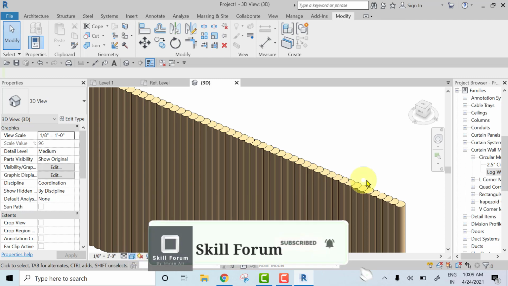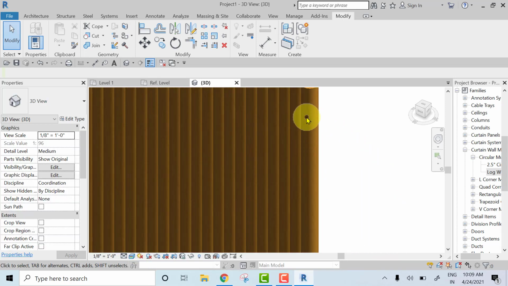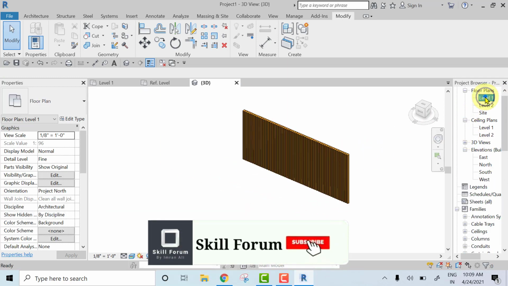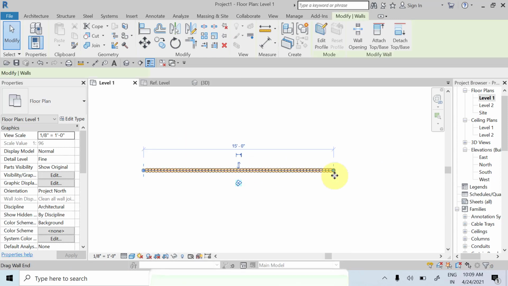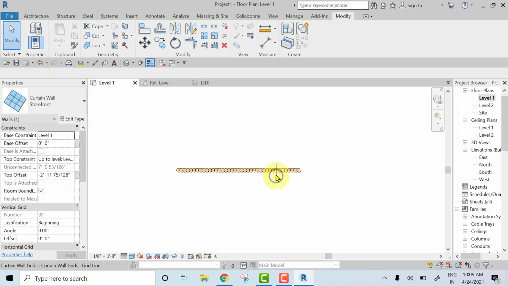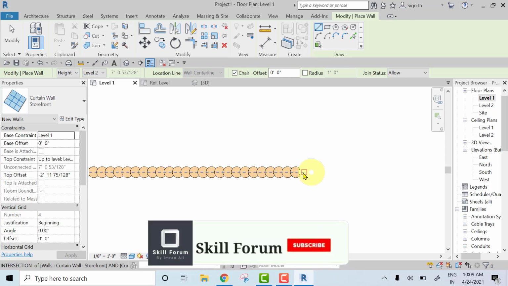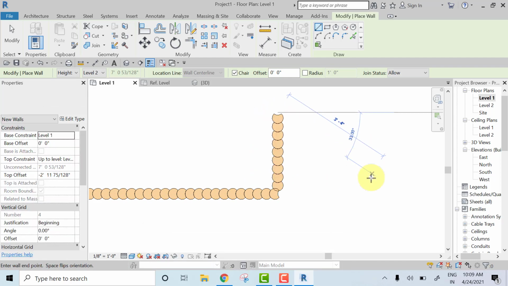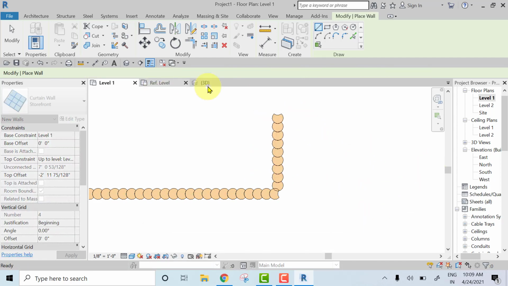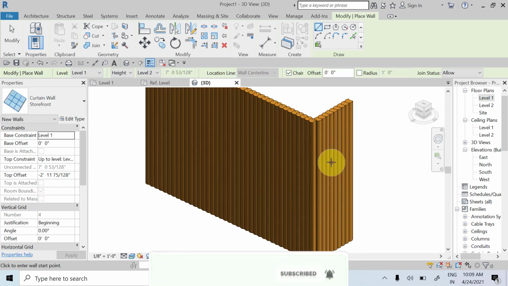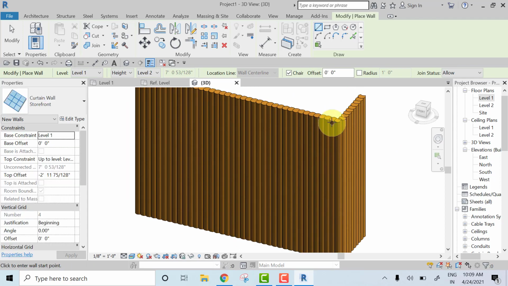See, if you go to realistic, you will find this wall. So again, I will just go to level 1 and you just reduce the size of this. I will give 10 feet. Again, if you want to create this, select this, create similar, and you can create the same thing here. So from here you just create the walls like this. If you go to 3D, you will get the round log wall here. So this is how you can create round log walls.